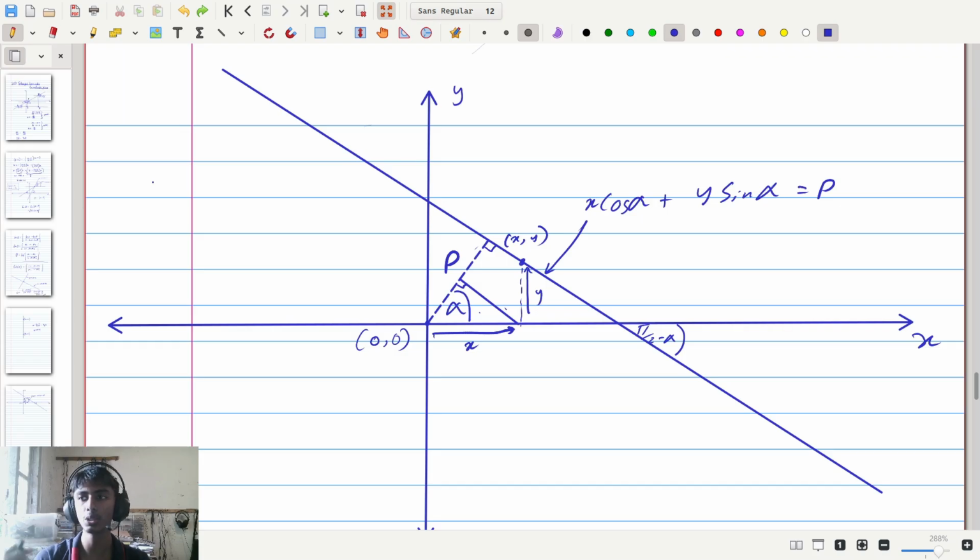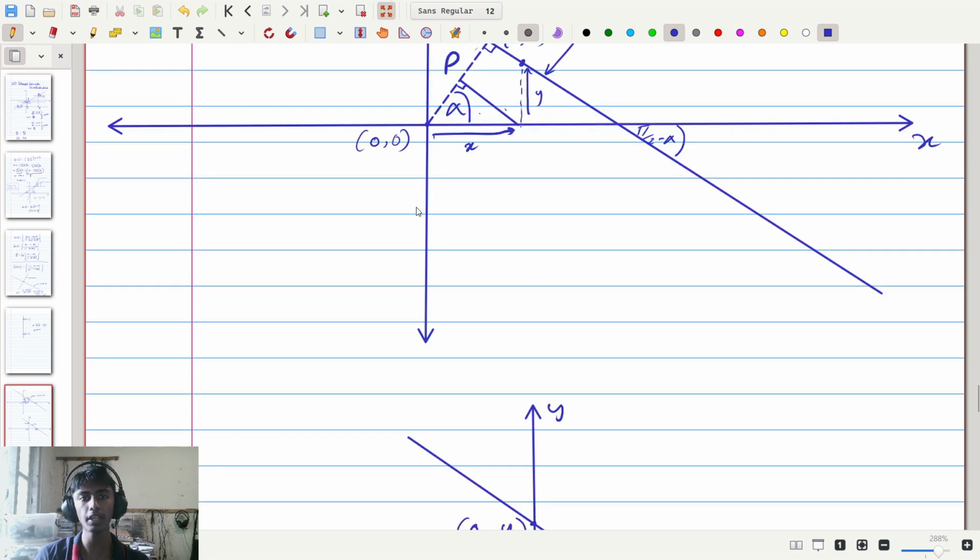You can then use this equation however you want. You can rearrange it to different formats and such in order to find different properties of the lines you found. So we're not going to be elaborating any further on this form of a straight line. We might get back to it later, but for now, let's go to the next form of a straight line